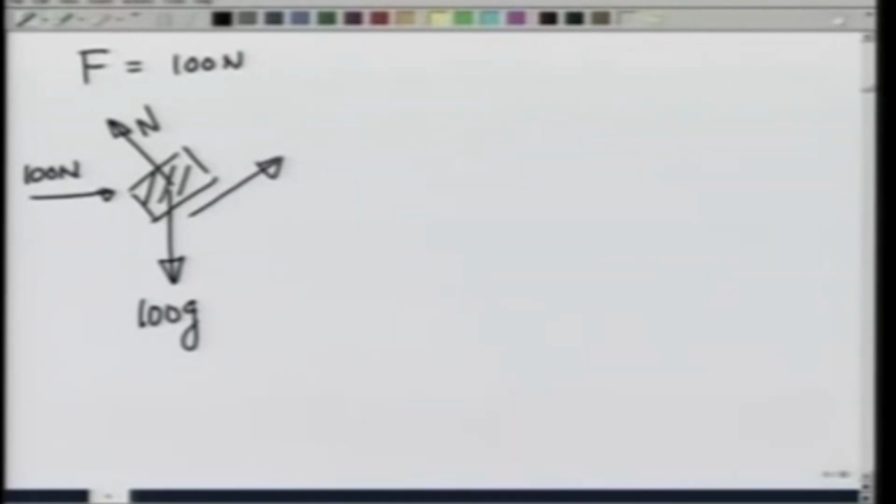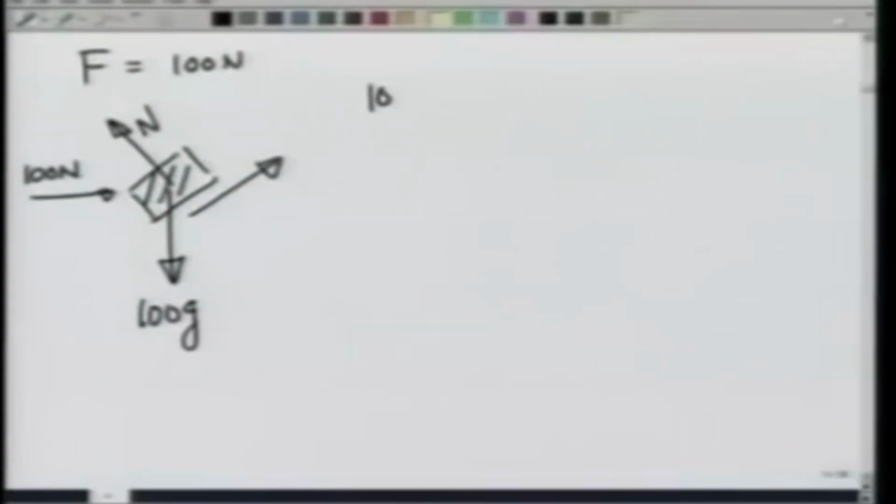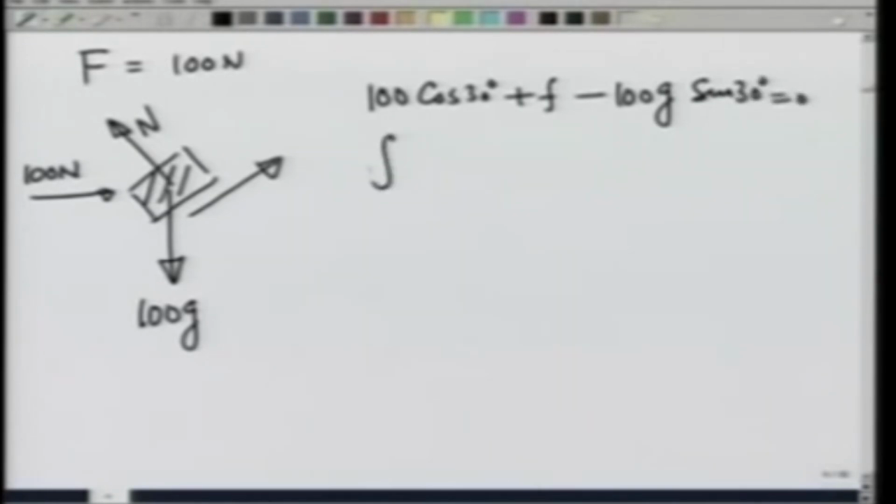To keep the block in equilibrium, I should again have that 100 cosine of 30 degrees plus f minus 100 g sine of 30 degrees should be 0, or the frictional force should be equal to 100 g sine of 30 degrees minus 100 cosine of 30 degrees, and this comes out